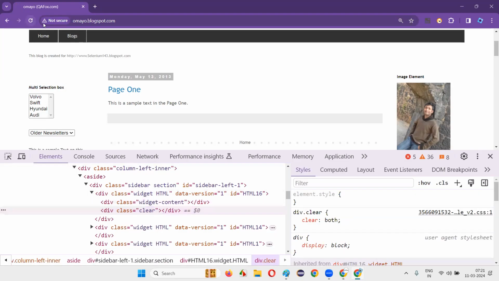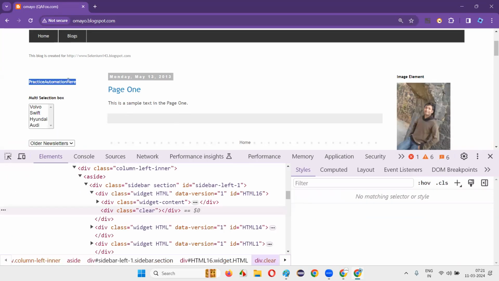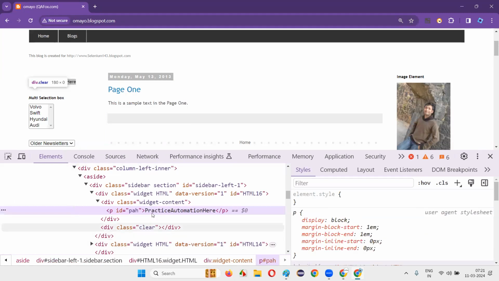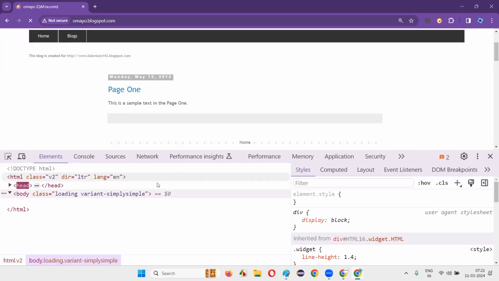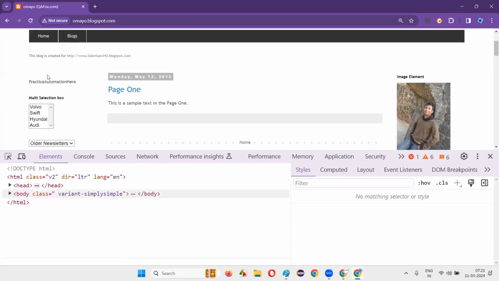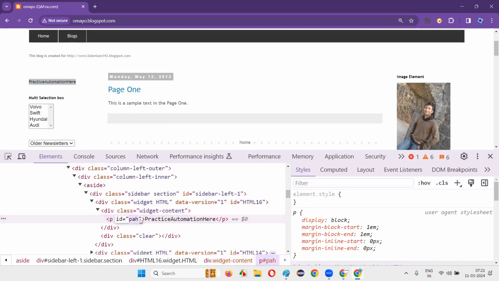What happened? I have to refresh. I did some mistake. Okay, fine. Inspect this. So I told you right here, let's assume that this ID is not there for a while. Again, it's the same thing. This is a temporary change, so don't worry. I have to remove this. Let's assume that the ID is not there, and then we are locating this paragraph with the help of the